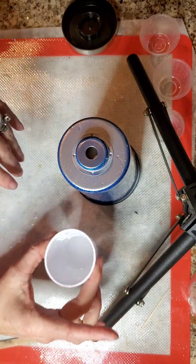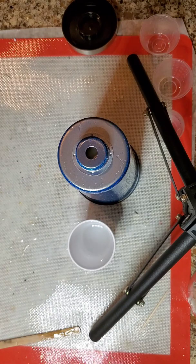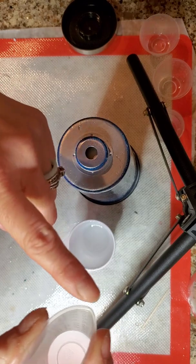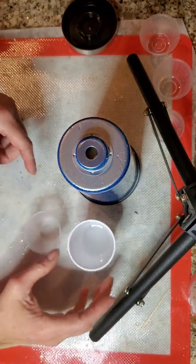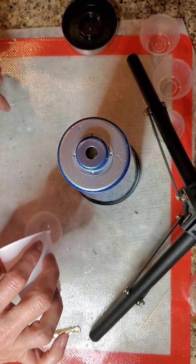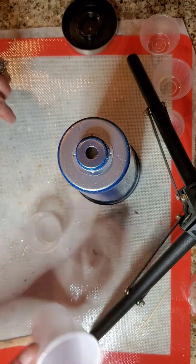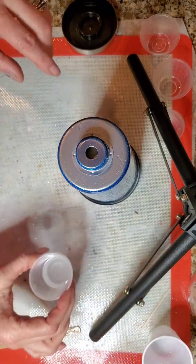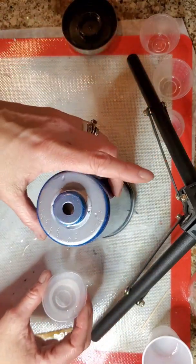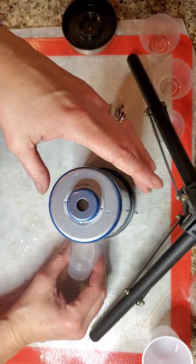So once I try and use it in these little Dixie cups, or you can even use the little medicine cups, something that's a little flexible so that you can kind of get a little pour spout. I actually think I'm going to transfer some into this because it's shorter. Because you're not working with a lot of space, nor are you working with a lot of material. Hopefully I stay in camera. I'm a little bit of a hot mess and just all over the place, so hopefully we'll see how this works out. So really all I'm doing is I'm just going to tip that in there,